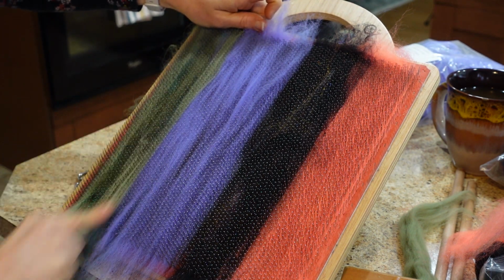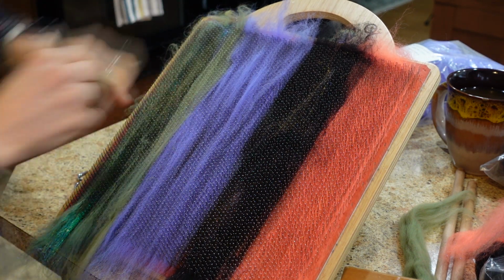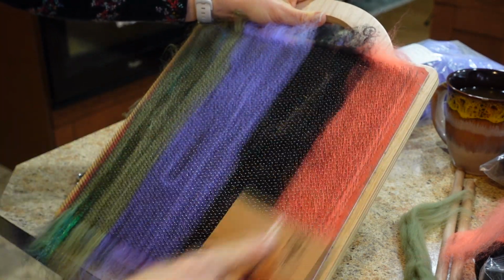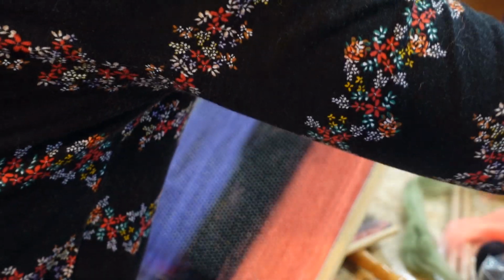Okay, so let's go over to the green side again, and I'm just going to put some of this green fiber on. I'm not really sure why I went over to the orange. I just sort of started working, and that was where I was taken. So that's what I ended up doing. So I'm going to lay some of this merino that's been in my stash for years. I think I bought this light green that I'm putting on